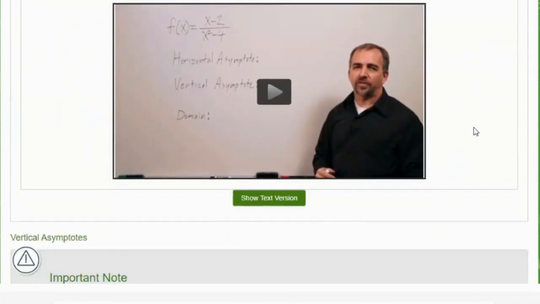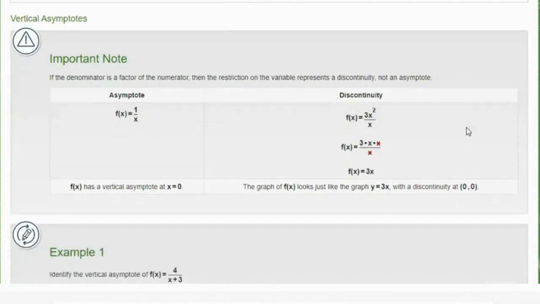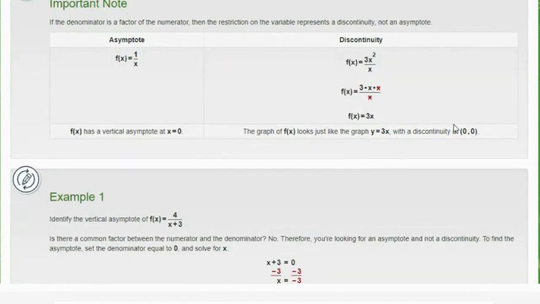Okay, so he talked about both the horizontal and the vertical asymptotes and how we find those. And he kind of hit a little bit on the horizontal asymptotes. We're going to get into more of that. But we're going to go back and talk more about what he was saying